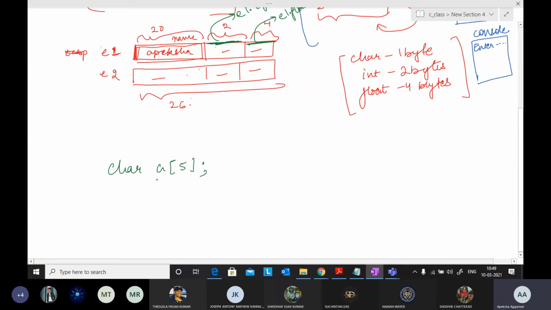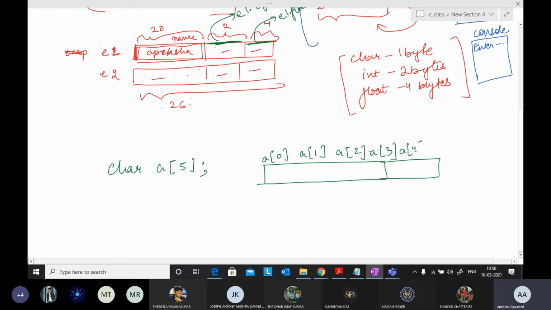It is stored in memory as A0, A1, A2, up to A3, A4 and A5, right?